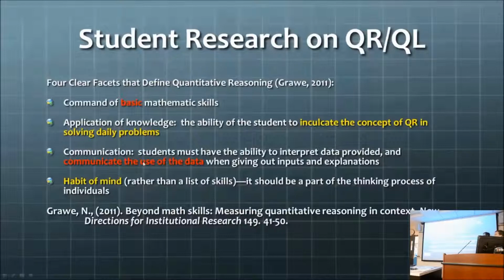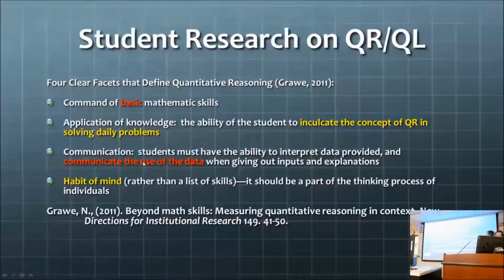So for the next slide, this is a quote from an article by Nathan Rowe, about going beyond math skills. According to him, there are four clear facets that define quantitative reasoning. First would be the command of basic math skills. The second would be the application of knowledge, the ability of the students to apply the concept of quantitative reasoning